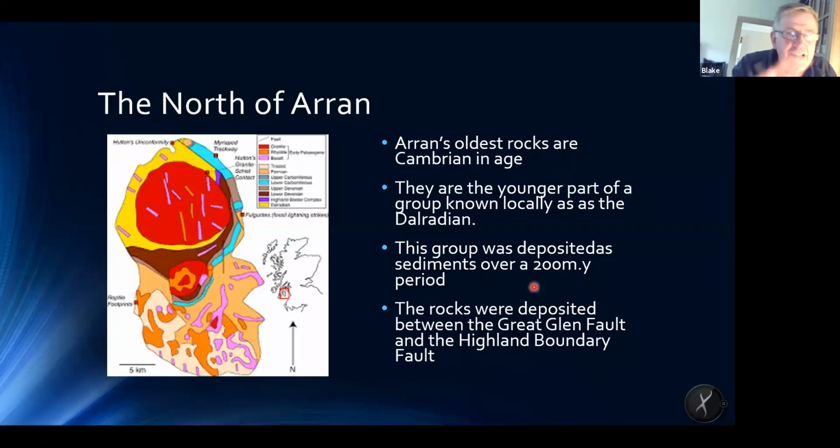So, as I already said, and this was kind of summarising it, Arran's oldest rocks are Cambrian age. They're the younger part of what is locally known as the Dalradian. Remember the ancient kingdom of Scotland. They were deposited over a 200 million year period in this basin, and they were deposited, which I didn't say,